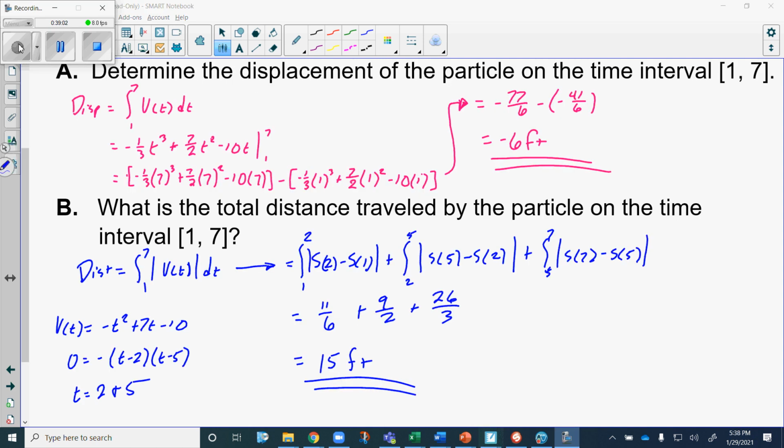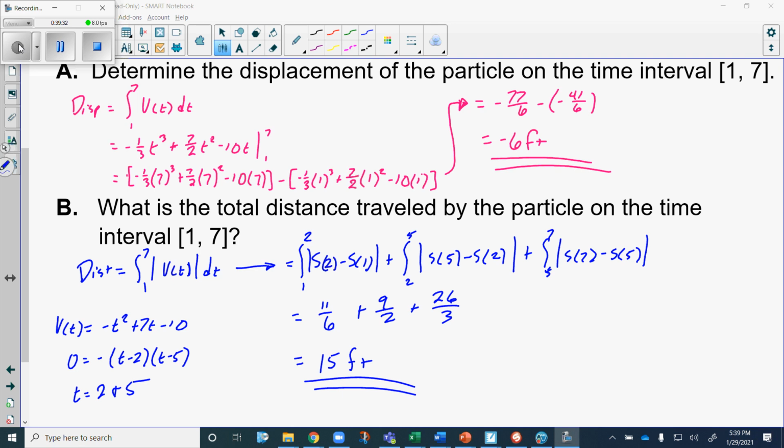Alrighty, let's see how we did. Determine the displacement on part A. The displacement is just the definite integral of the velocity function. When you take the antiderivative of the velocity function, we wind up with -1/3 t cubed plus 7/2 t squared minus 10t, evaluated over the interval from 1 to 7. And we ended up with a displacement of -6 feet. However, the total distance that we're traveling here